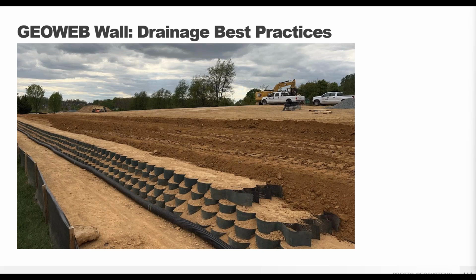It's also important to make sure that wherever that pipe drains is set up such that excessive erosion will not occur at that outfall, which could lead to undermining the wall at that point. This is the most common type of drainage mitigation. The drainage system needs to be designed by the project engineer and can include as many pipes as necessary to ensure that water is properly collected within the wall structure.